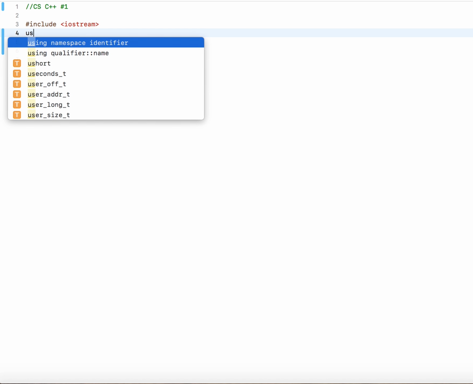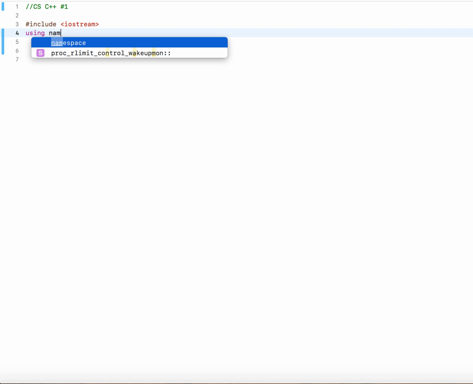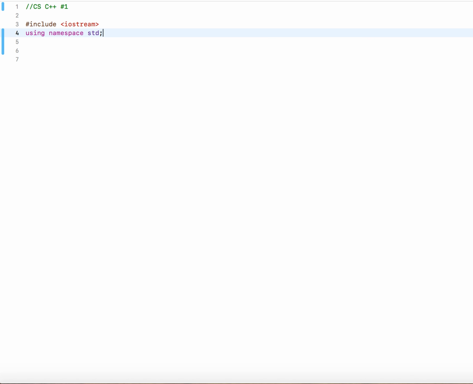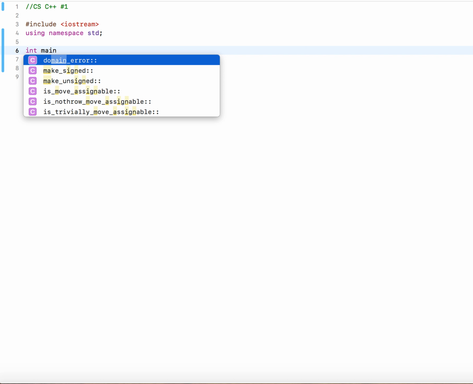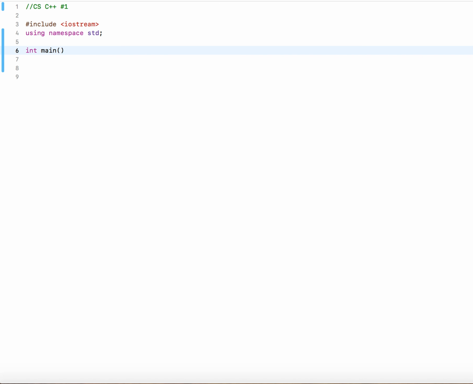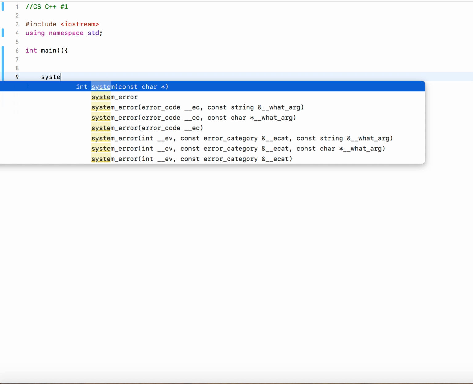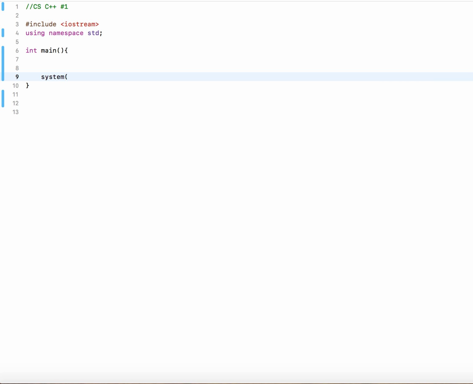Then we're going to put a using namespace std, int main open close parentheses, open close curly brackets, system pause, return